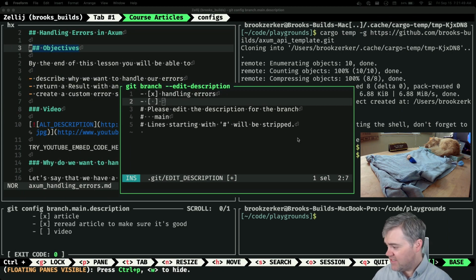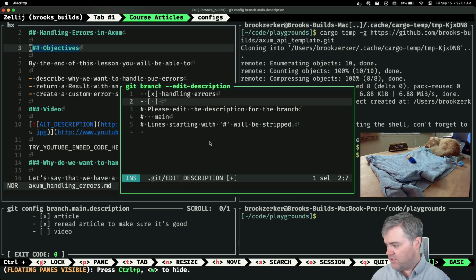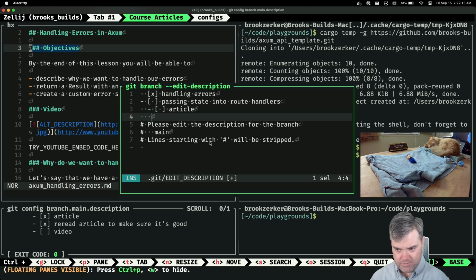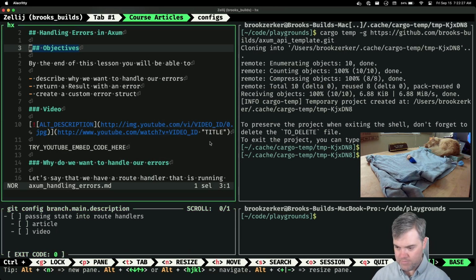Passing state into route handlers is going to be interesting because we'll still have a video for it, but we won't have an assessment associated with it. So let's do passing state into route handlers. So that will be article, video. All right.